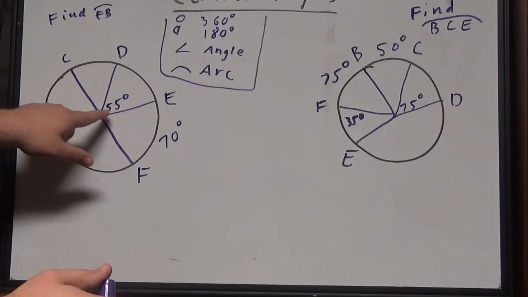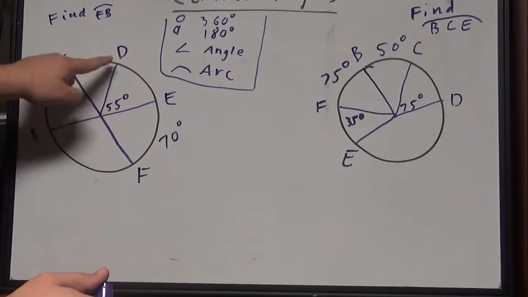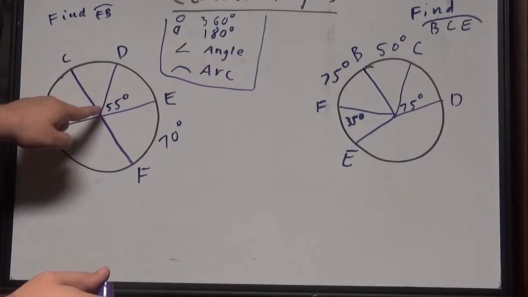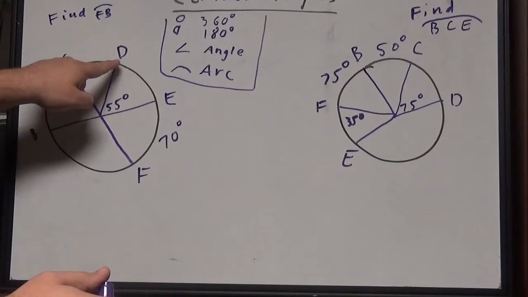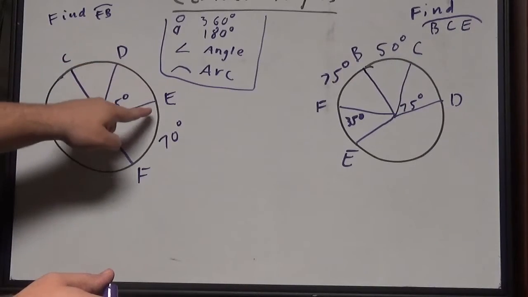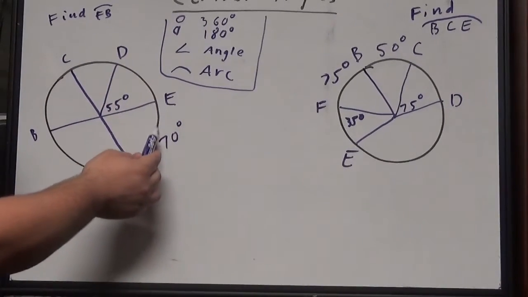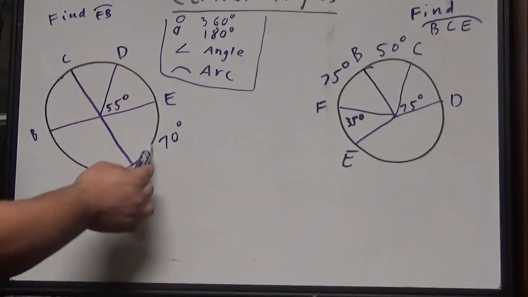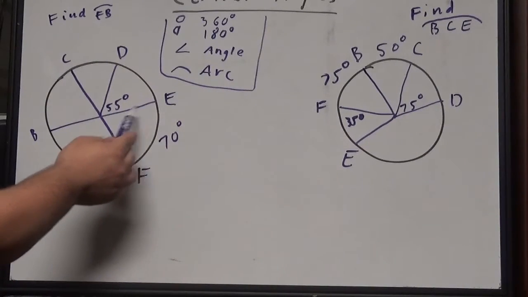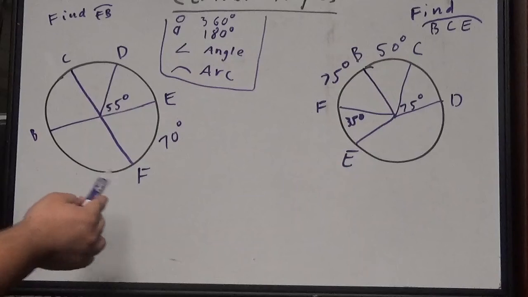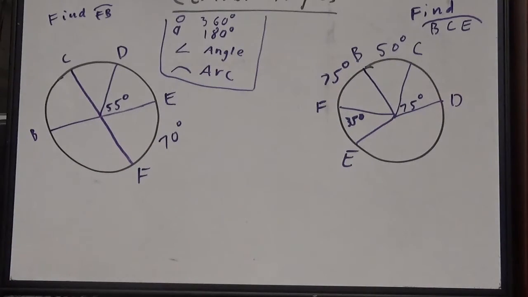So what this means, angle DE is 55 degrees. Arc DE is also 55 degrees. If arc EF is 70 degrees, then angle EF is also 70 degrees. Oh, one more prerequisite, I'll get you that in the second one. So